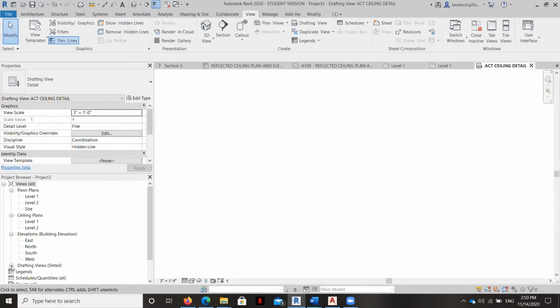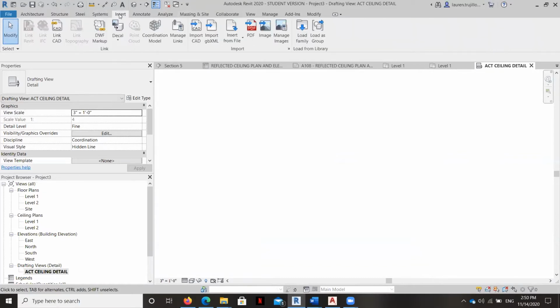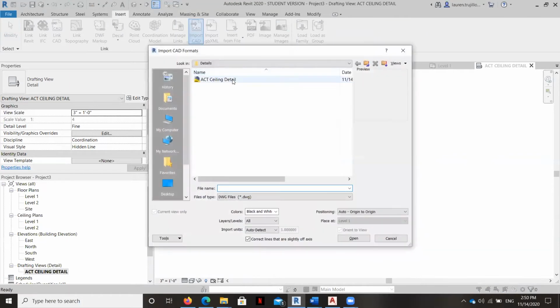All right. So now we've created this detail view, but there's nothing there. So now what we have to do is go to Insert and import a CAD file, and there's our detail. Now yours probably says preserve, and that means Revit is asking us, do you want to keep it colorful like how it is in AutoCAD? Because of course AutoCAD refers to different layers with different colors and pen weights. Revit doesn't do that. So if you bring it in as preserve, it'll come in colorful, which will make it hard to read and make it so that we have to draw more.